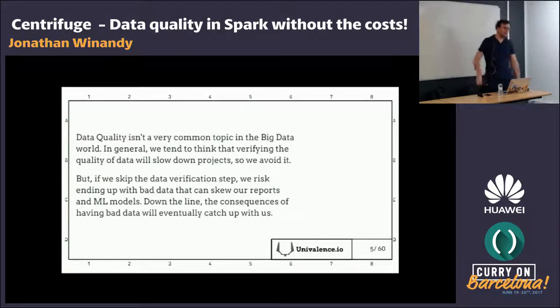And it's not a commonly discussed topic because it's usually perceived as something nice to have. But quite the contrary, it's mandatory, because it slows down the project so much that some projects may fail if they do not incorporate data quality at first. So it's a major concern nowadays in big data.